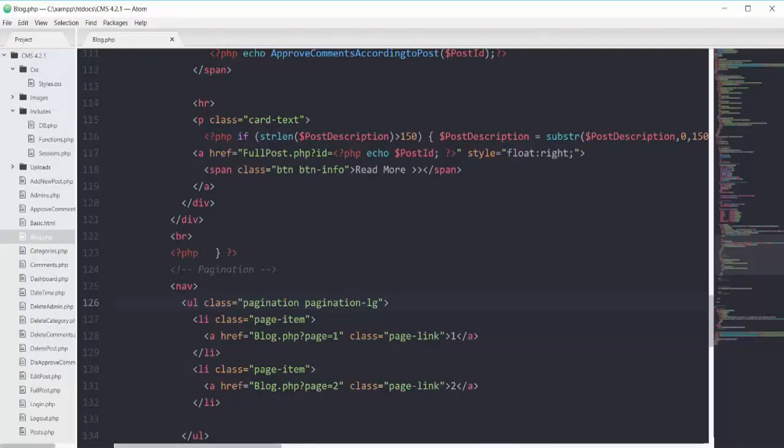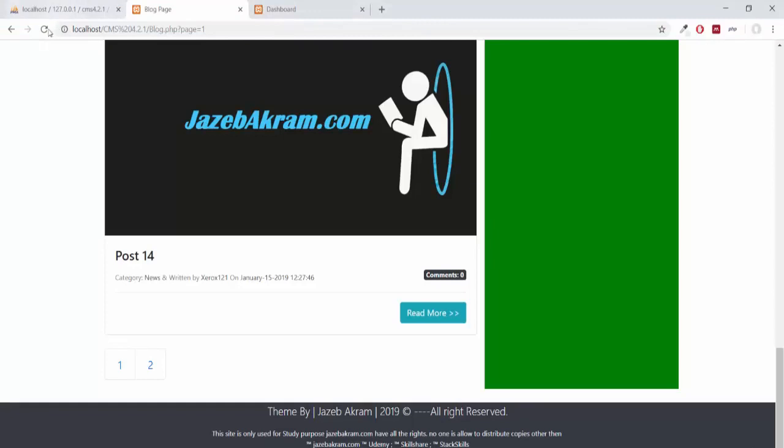And you can also apply the class of active on any of the items. For example, applying active on this list item of 2 and refreshing my page, it's active.